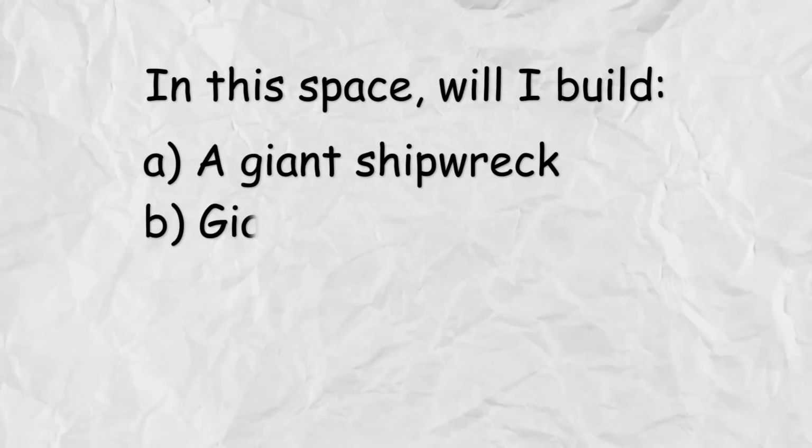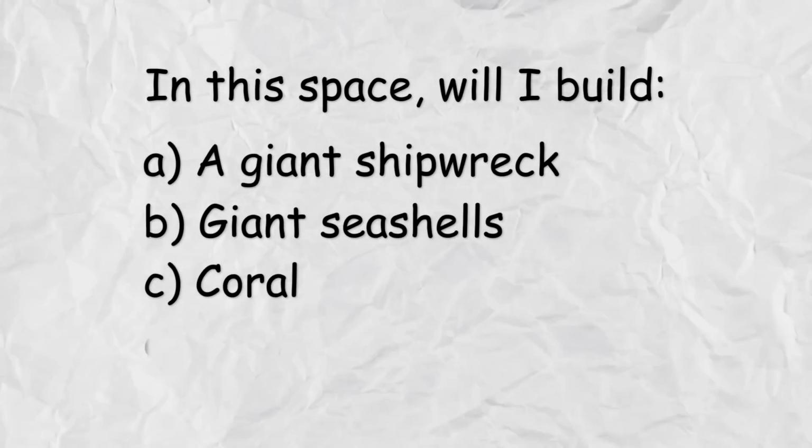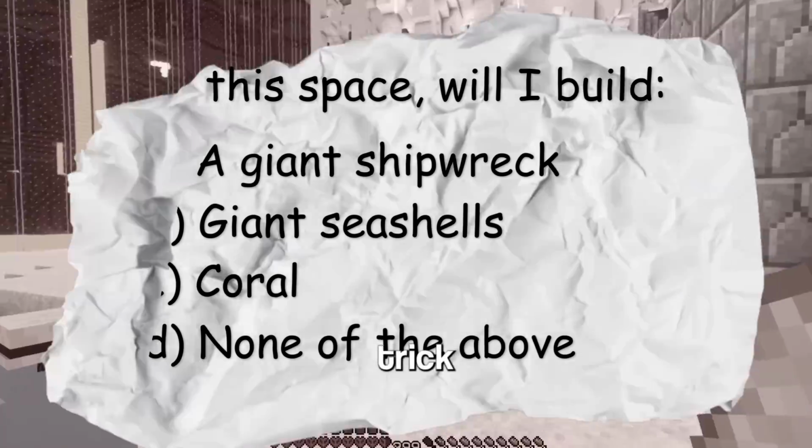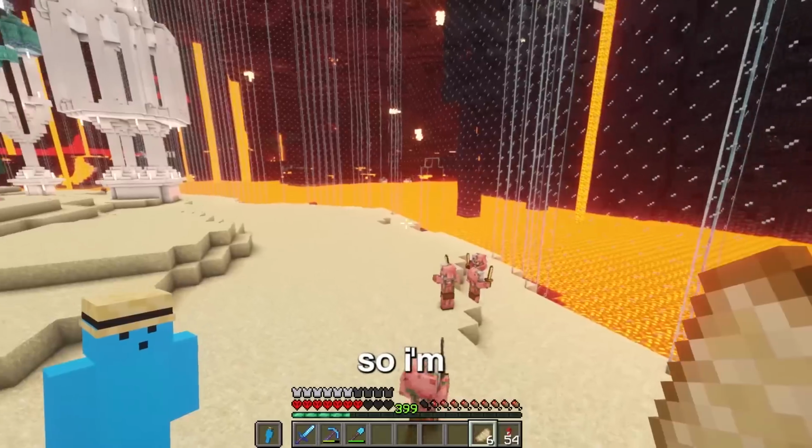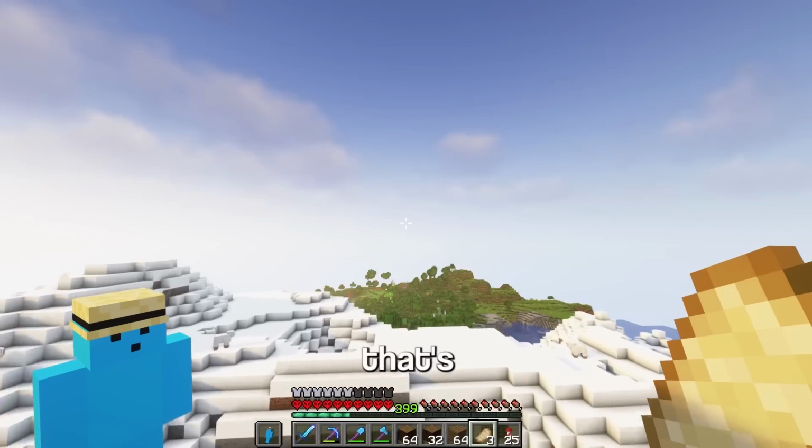In this space, will I build A, a giant shipwreck, B, giant seashells, C, coral, or D, none of the above? Trick question, it's all of them. But to speed things up, I'm gonna speed run them. So I'm gonna need some spruce, dark oak, that's about it. So...